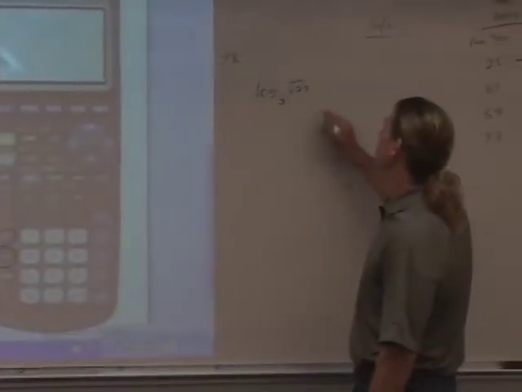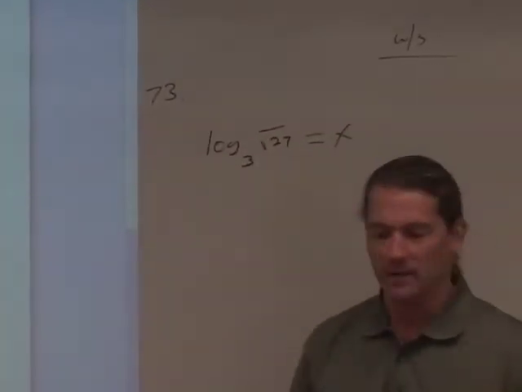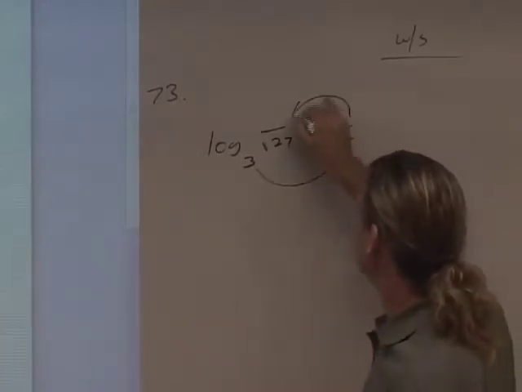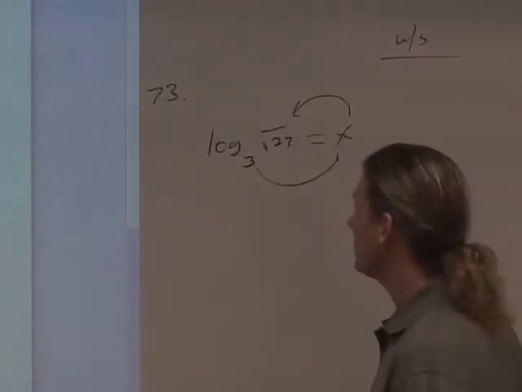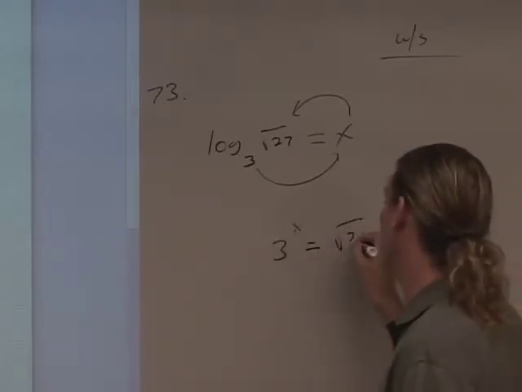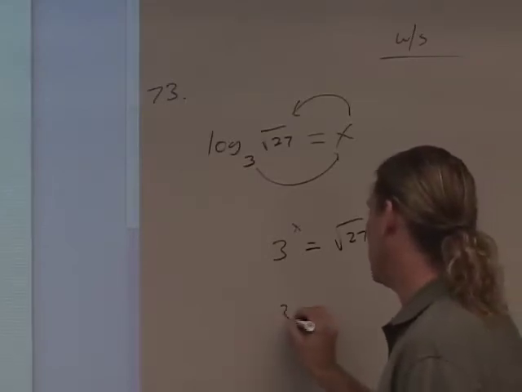So what I'll do here is I'll say, well, this value is going to be equal to some value of x, so I'll just call it x. This gives me a way to write 3 raised to something has to equal the square root of 27. 3 raised to the x is equal to the square root of 27. Of course, the square root of 27 can be written as